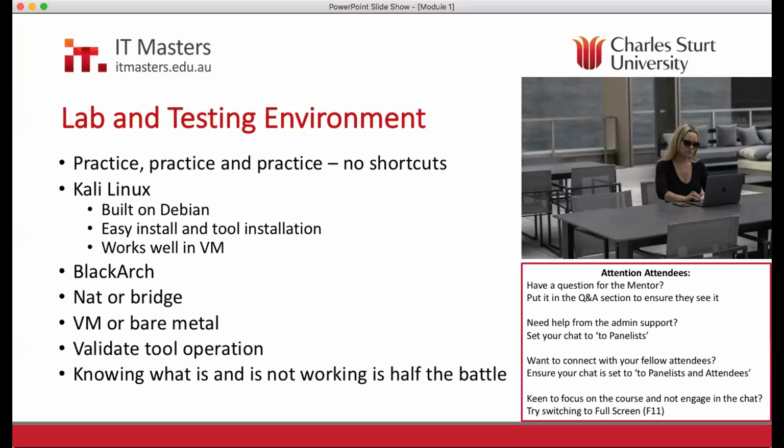Validate your tool operation. This is back to my point about knowing what is and is not working. This is how you do it: you get vulnerable machines and you try it out, and that's how you validate how your tool works and what syntax is there. And you've got to make sure you make notes. If you are trying to learn, you don't want to be thinking, I've done this before, what was the switch I used for this tool? Why is tcpdump not giving me the information I need? Why is Nmap not scanning that way? Obviously Google's your friend, but if you've done it once and you've got a working formula, make sure you keep track of it.